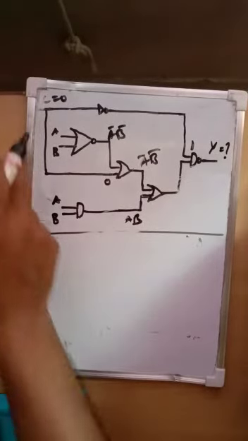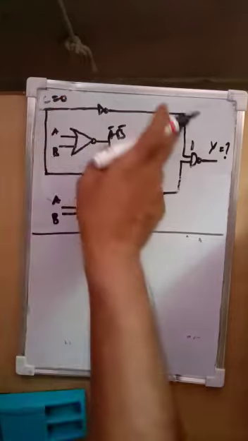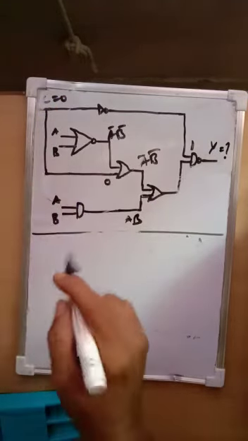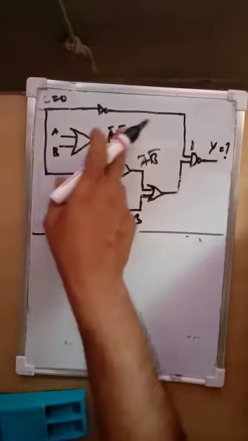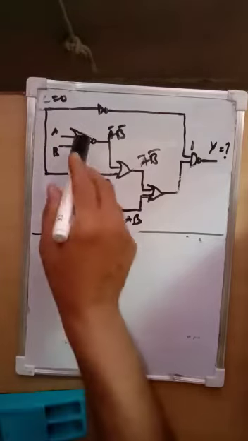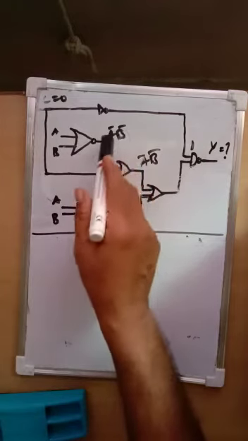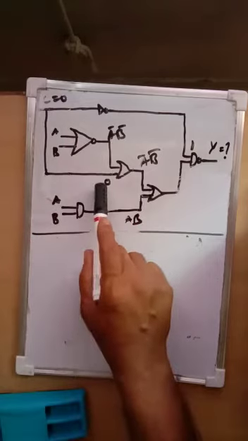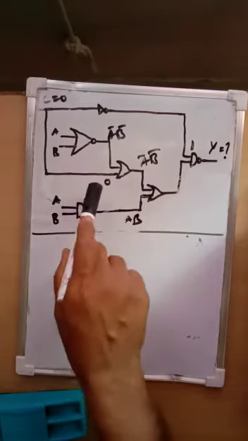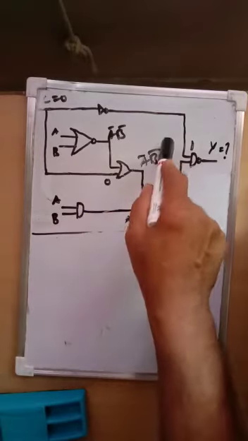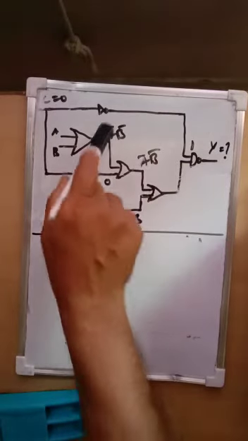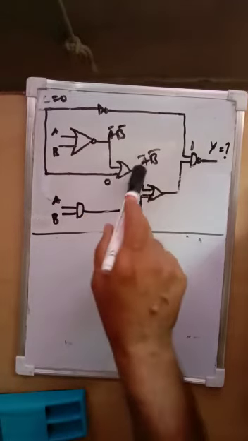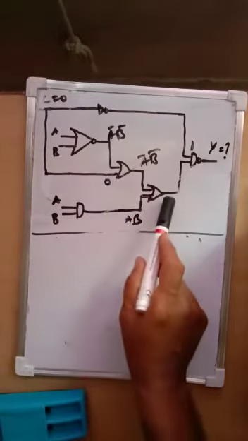Okay. So if C is equal to 0, then this is finally connected to the inverse, and this is in the middle layer, converted directly to C. So A plus B bar becomes A bar B bar, because it's a NOR gate. That means A plus B whole bar becomes A bar B bar by De Morgan's law, and that is applied to this. And since this is 0, we have already discussed it in the earlier case. So if it is 1, it will always be 1. If it is 0, whatever value is given to this will be directly connected to this. Then A bar B bar is directly applied, which comes to the OR gate.